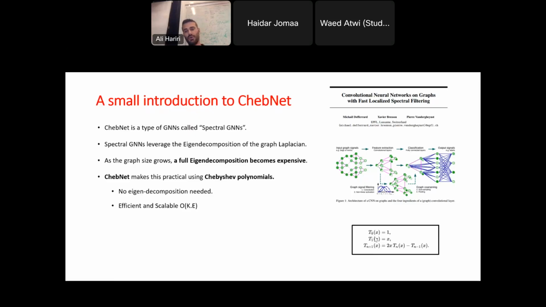Why? Because if you want to analyze a graph in the frequency domain, what would you do? You want to do an eigendecomposition of the graph Laplacian. The graph Laplacian is just the degree matrix minus the adjacency matrix. It's this simple formula, and it simply tells you about the connectivity of the graph. So it will show some kind of frequencies at nodes that are very highly connected, and different frequencies at communities that are much less densely connected.